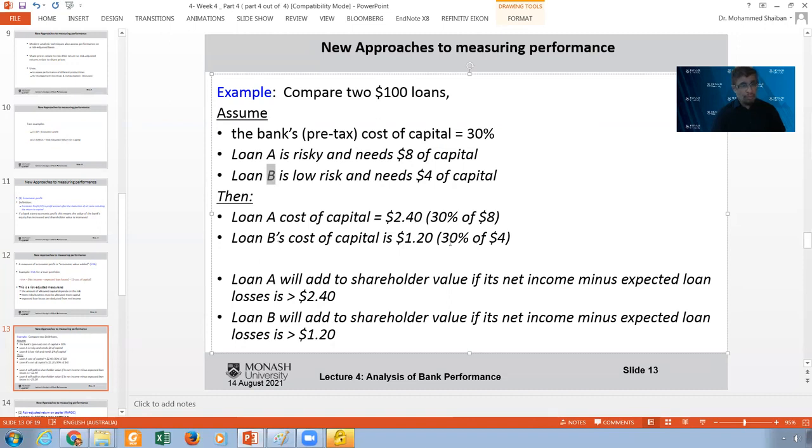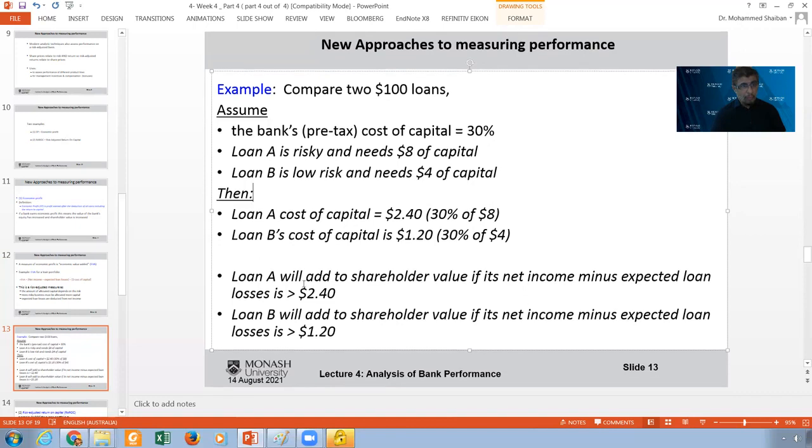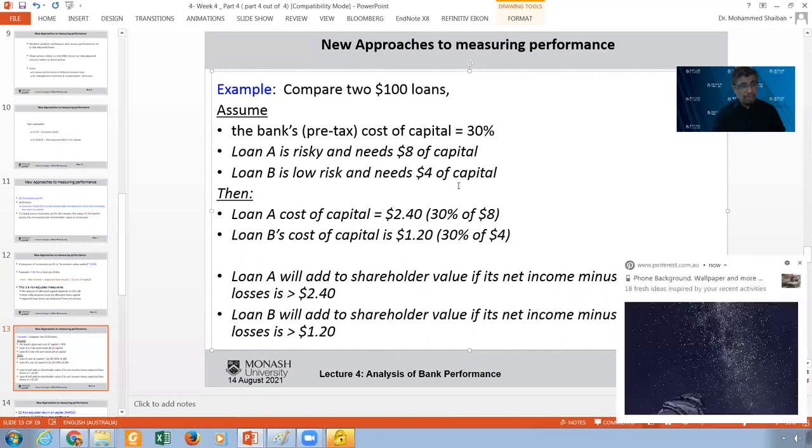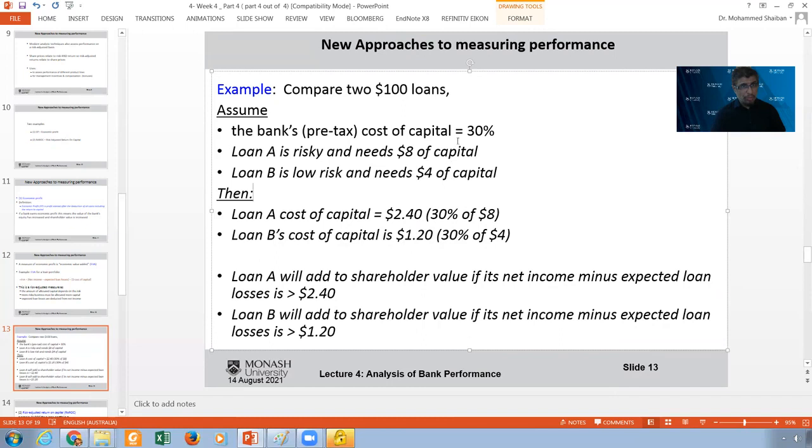Loan B needs just 1.20. Now, loan A will add to the shareholders' value if its net income minus expected loan losses is more than 2.40, which means I cover the cost of capital,